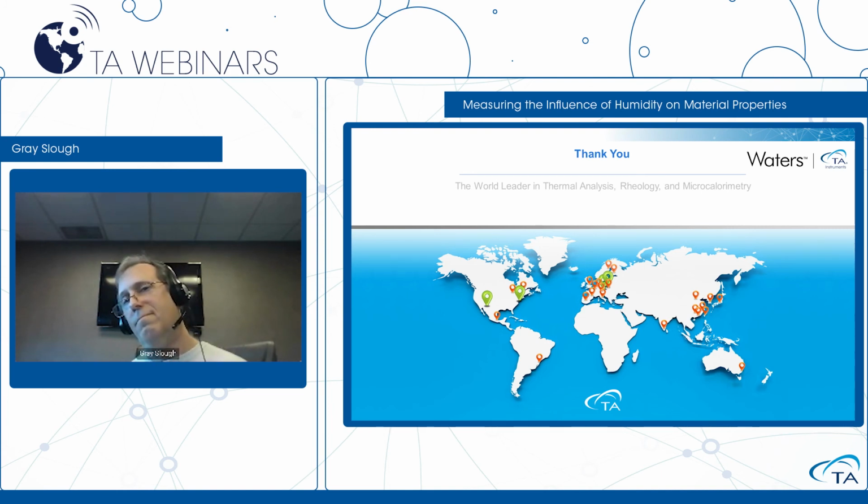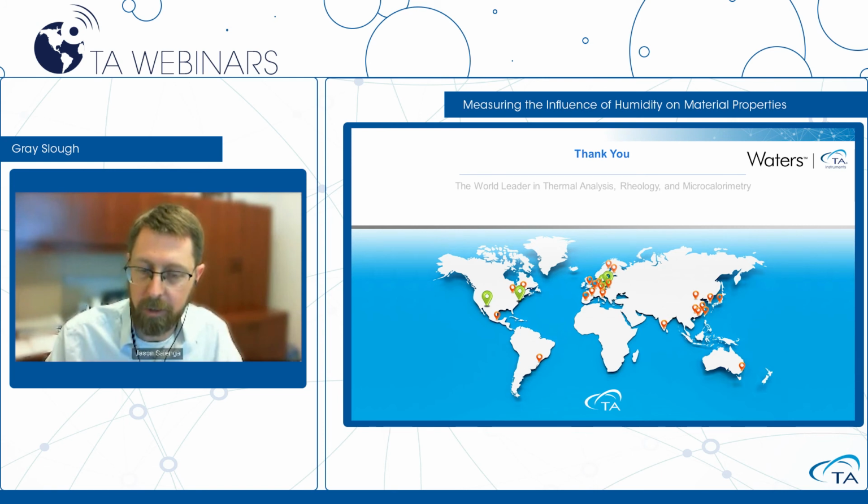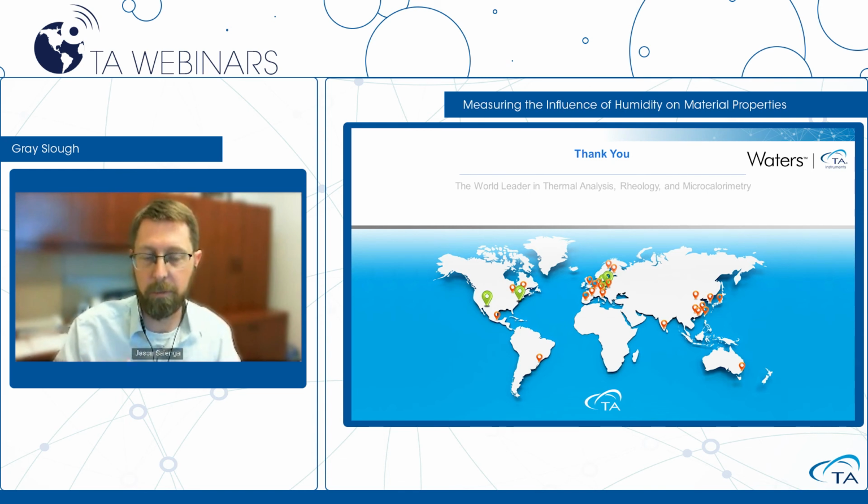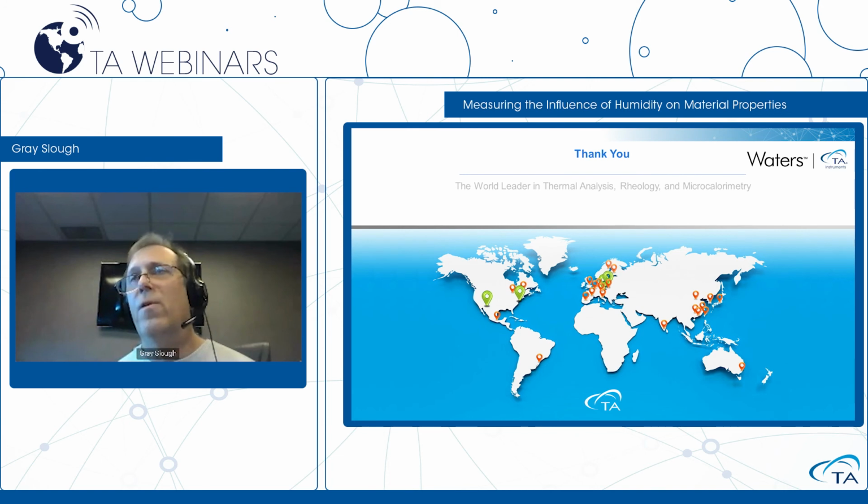Right. So sticking with the TMA-RH, can you expand on the types of probes and potentially the other types of materials or material forms that you might be able to also test with the TMA-RH? Sure. So of course the probe that we feel is probably going to be the most popular is going to be the film fiber probe. So accessing films, looking at films and fibers, and it makes sense that in this case that would be kind of